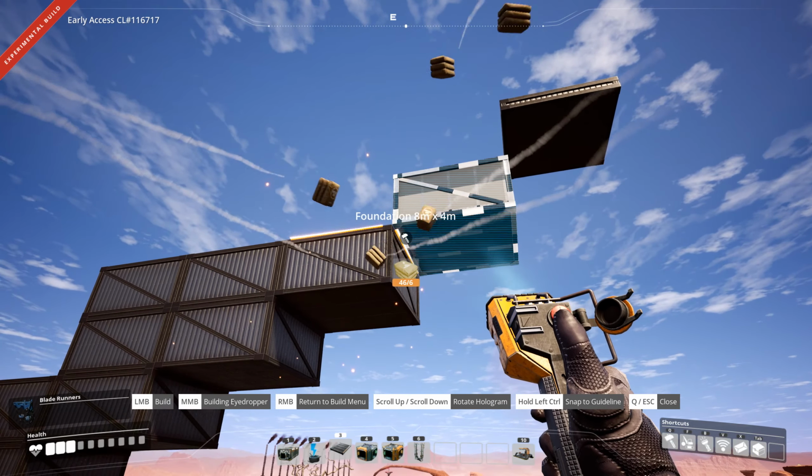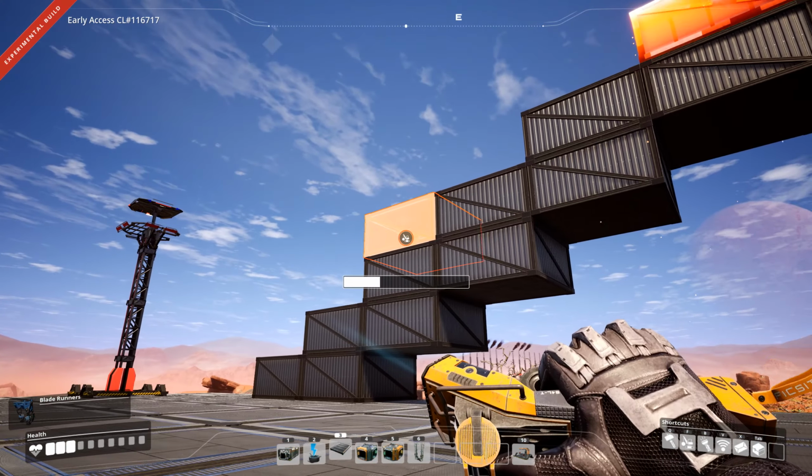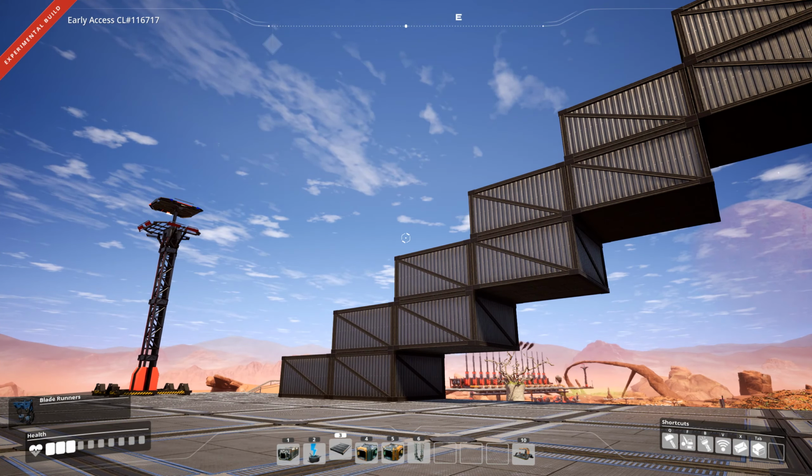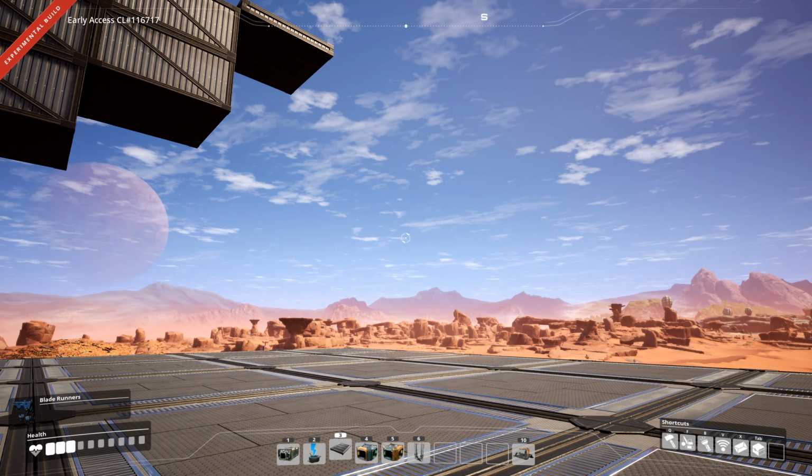Just so I've got a way to get up. And then we need to go over to a web page, because Satisfactory doesn't actually offer a way to do blueprints or mass construction here. So give me a second, we're going to swap over to Satisfactory,